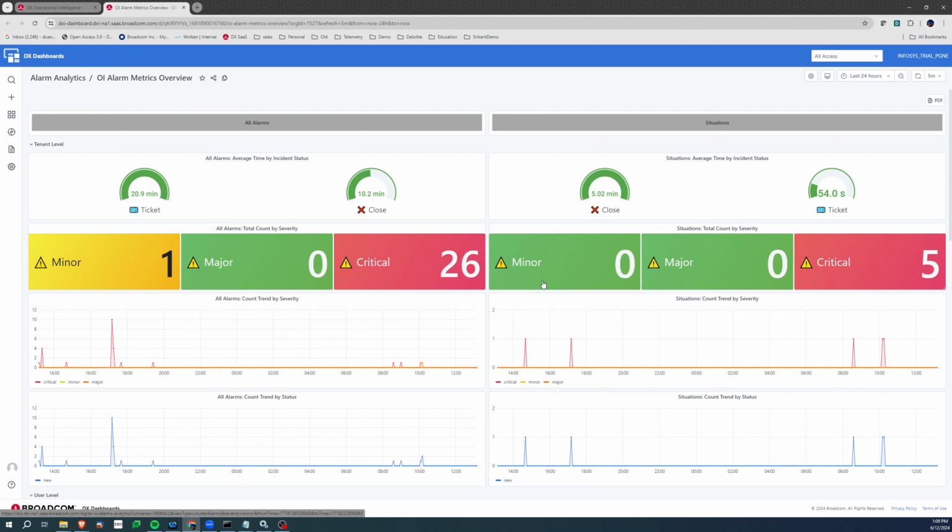Minors and majors have basically been filtered out by the algorithm for us. On the left, we have the raw alarm queue, in which we have a minor, no majors, and 26 criticals. The reason that we've got 5 here and 26 here, as we'll see, is because these have been clustered by the algorithm. So if I click on critical,